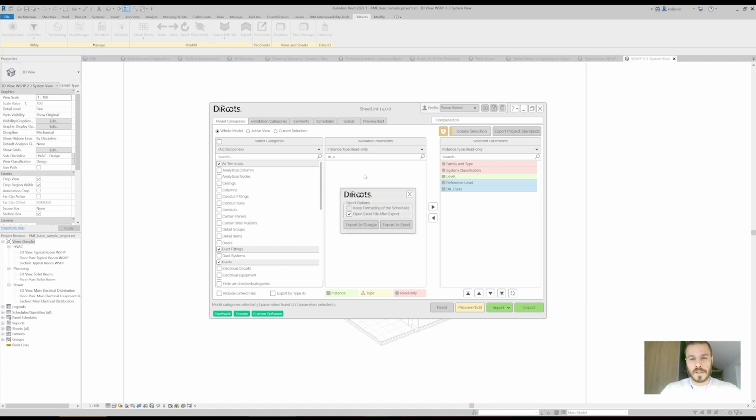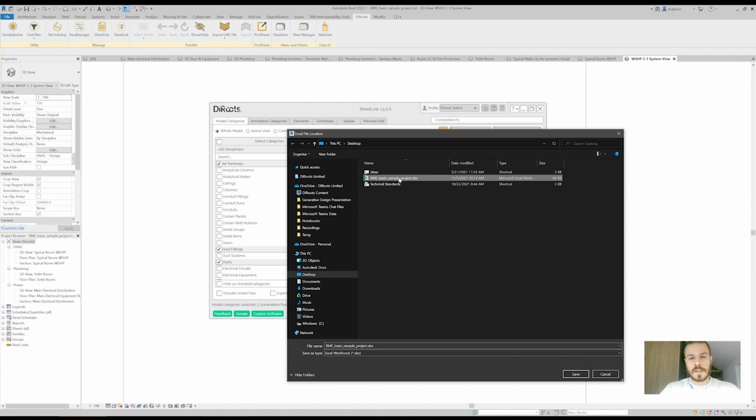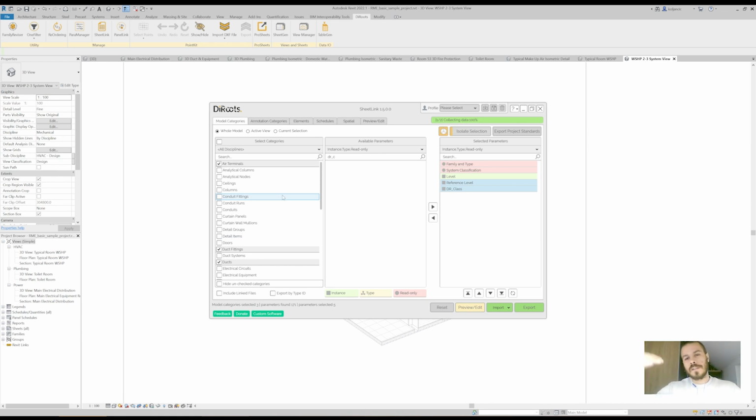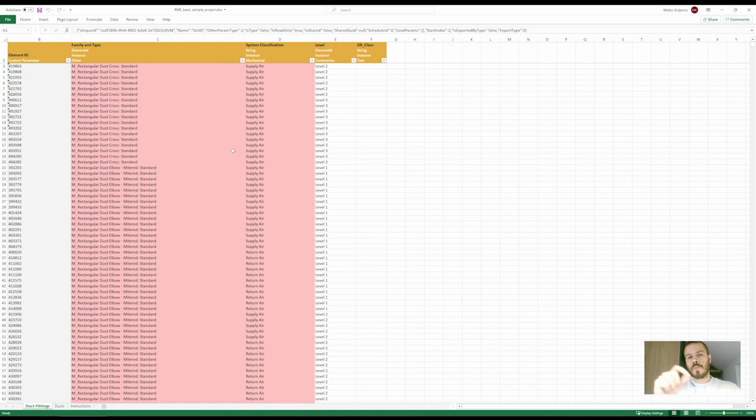So if I click export to Excel now, and I select the previously exported file, you see that I now got asked, select another speed, overwrite existing spreadsheet. I will click overwrite, and you will see that now the new parameter is populated in this Excel table. Now, I will do one small sample just to show you what I will do, because I don't want you to sit down and watch me